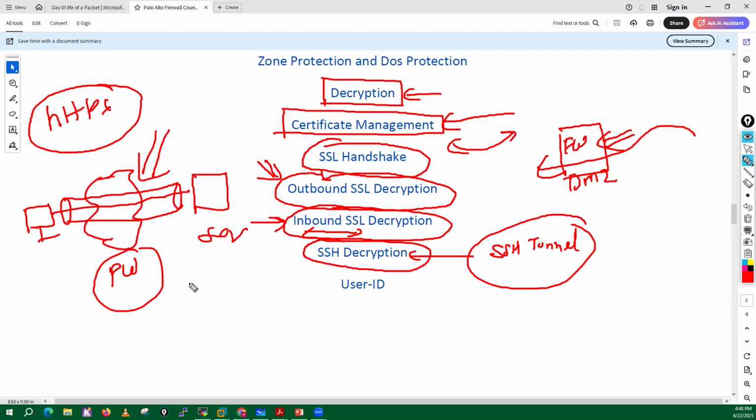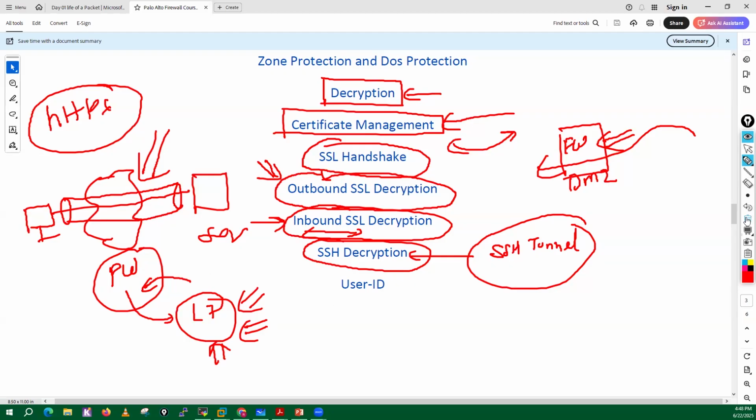So my firewall can decrypt the data going through this SSL tunnel, do layer 7 inspection, and provide protection from any type of malicious content, malicious payload, malware or virus, or if somebody is trying to exploit some vulnerabilities using a malicious payload. So we will get protection from those.